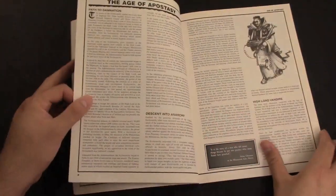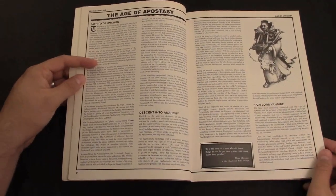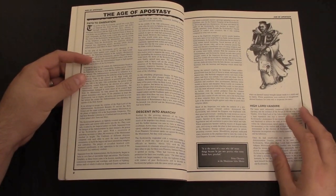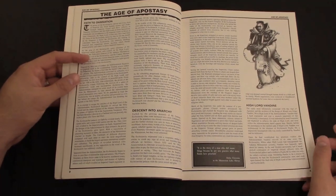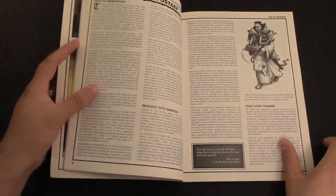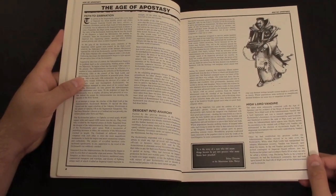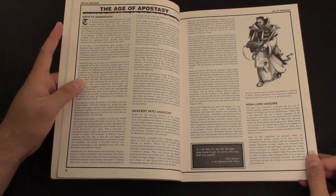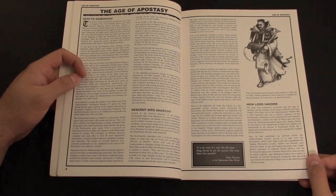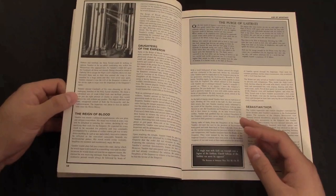So he gets into all that, and into the Age of Apostasy here, which talks about basically High Lord Vandar and how he takes over. He was a High Lord of Terra, and he takes over the Ecclesiarchy, which at one time had been separated. It was kind of like separation of church and state in some ways. But this is what happens when a leader takes over both. He was able to manipulate the High Lords and get weak High Lords, and then manipulate the Ecclesiarchy and get weak leaders in there, and he eventually took over and started the Reign of Blood,